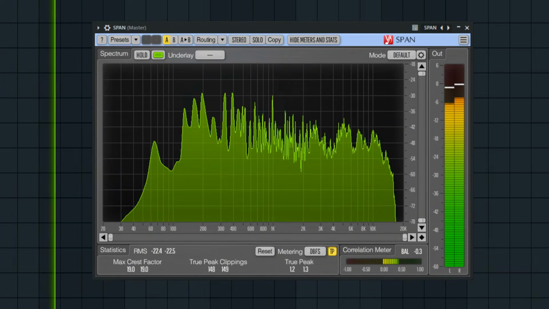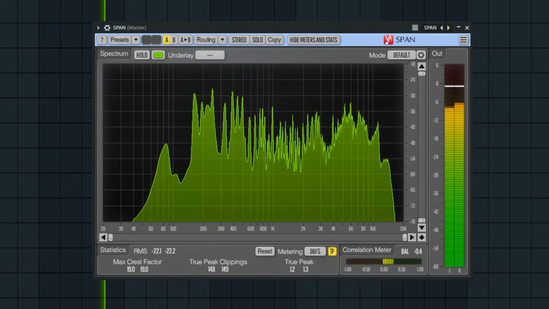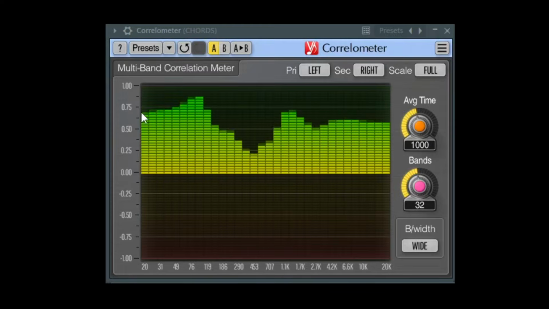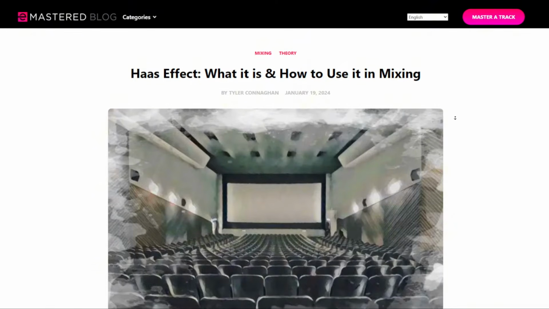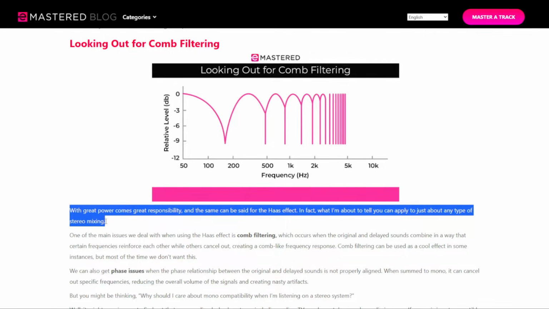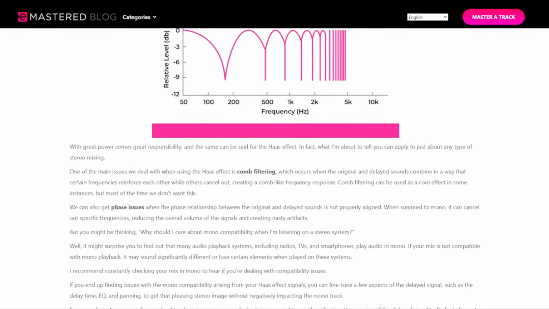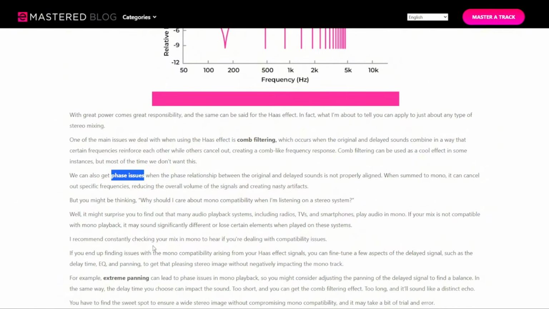So I used to think my mixes were always mono compatible, when they were actually not. Also, it's worth mentioning that using effects like Haas delay, chorus, stereo enhancers, or mid-side widening can cause phase cancellation when summed to mono, weak bass response, and can cause important elements to disappear, such as vocals or snares, and the list goes on.